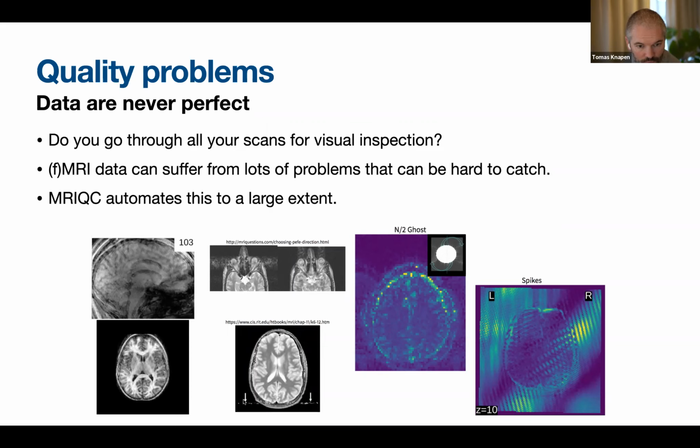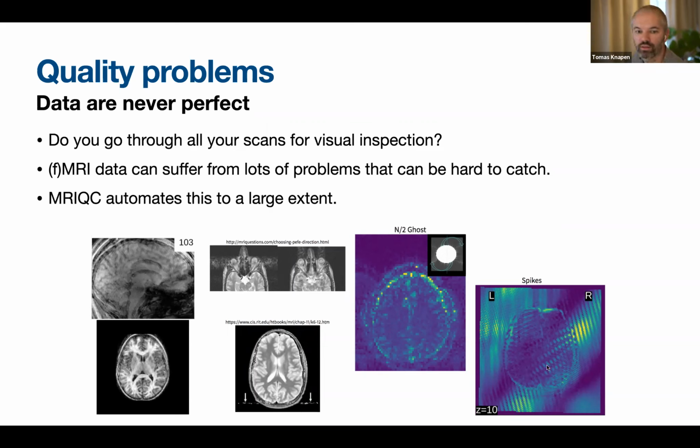There's problems with lines in the images. So if something is in the scanner that acts as an antenna, it will pick up frequencies only at one specific frequency, and that can then translate into these really weird geometric artifacts, where there's like 1 or 2 points in K-space that get blipped, and you get these strange periodic signals running